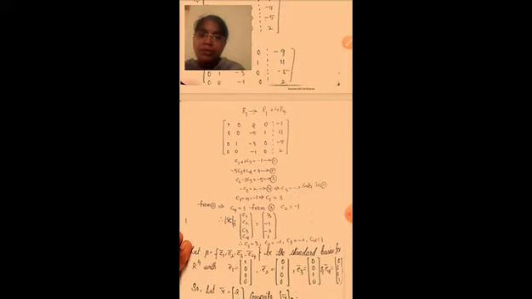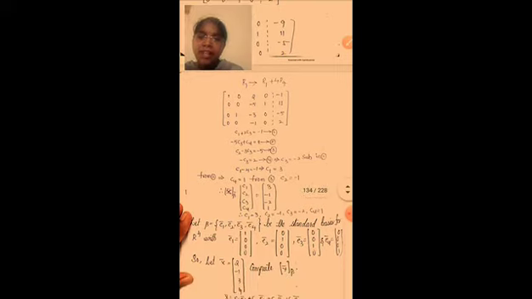So C1 plus 2C3 is equal to minus 1, and next minus 5C3 plus C4 is equal to 11, and next C2 minus 3C3 is equal to minus 5, and next minus C3 is equal to 2. So C3 is equal to minus 2. Substitute in equation 1, we get C1 minus 4 is equal to minus 1. So C1 is equal to 3. So from equation 2, C4 is equal to 1.